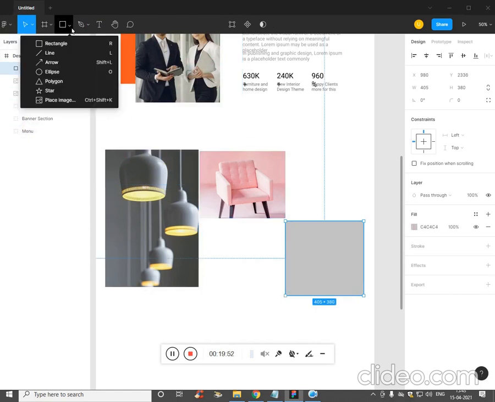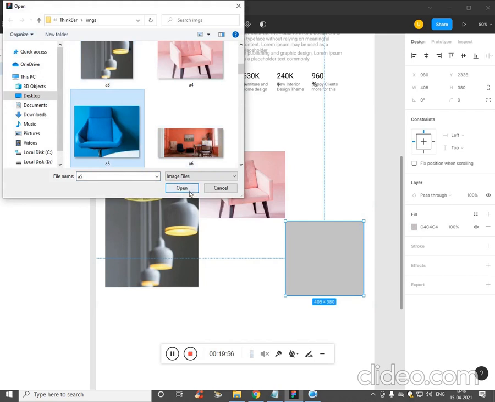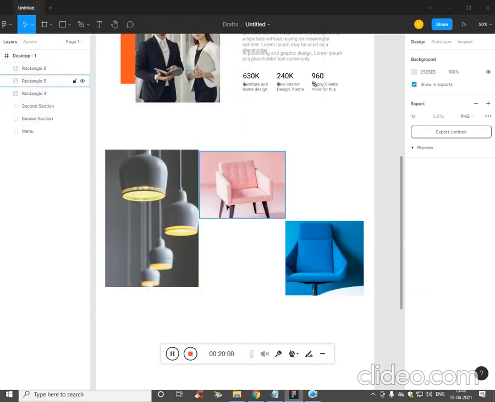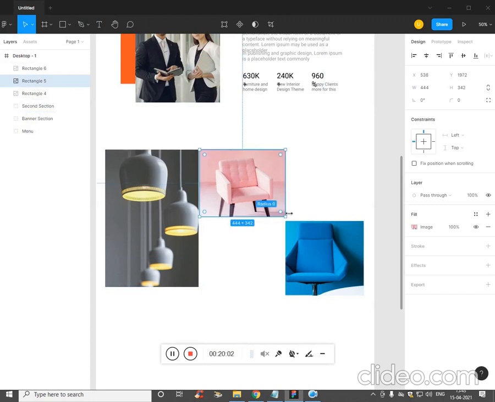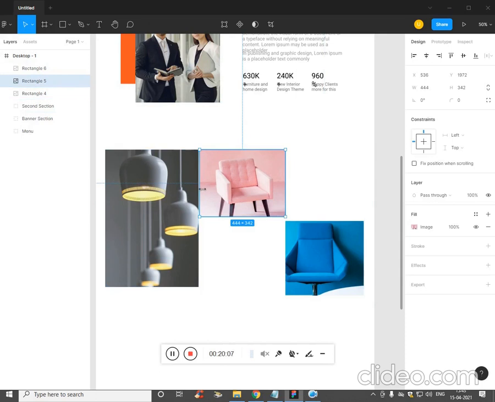And this will hold A5. We'll make it touch one another.